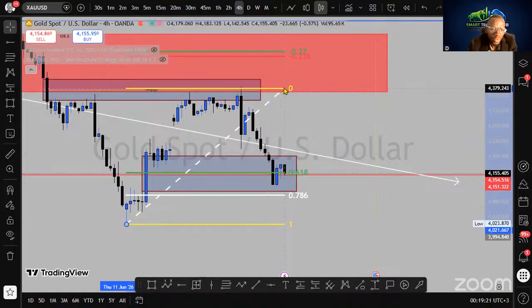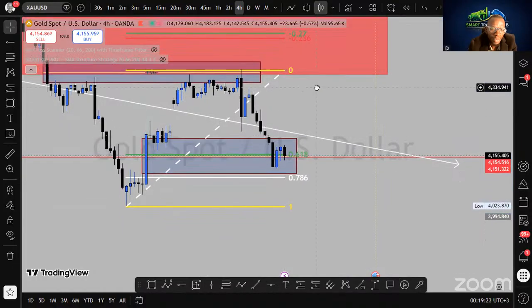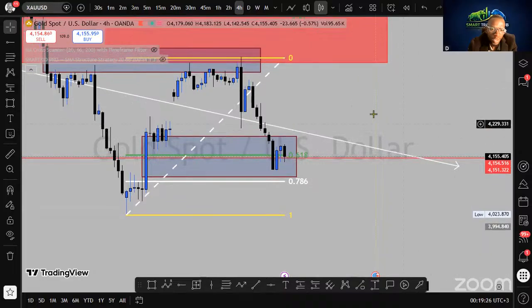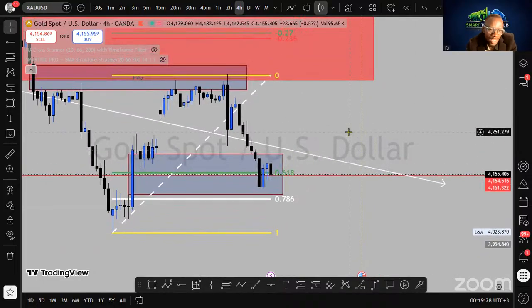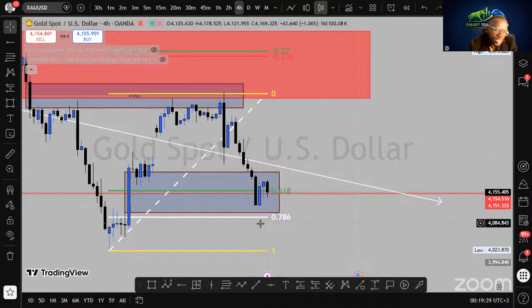So my highest point, let me put it accurate and make sure it's very accurate. Now, where are we? We are at the 618. Did price touch the 786 institution area? Not yet. We missed it by some points. And the reason maybe we missed it is because of this gap. So literally, if the worst has to happen, you can decide to come and put your order down here,